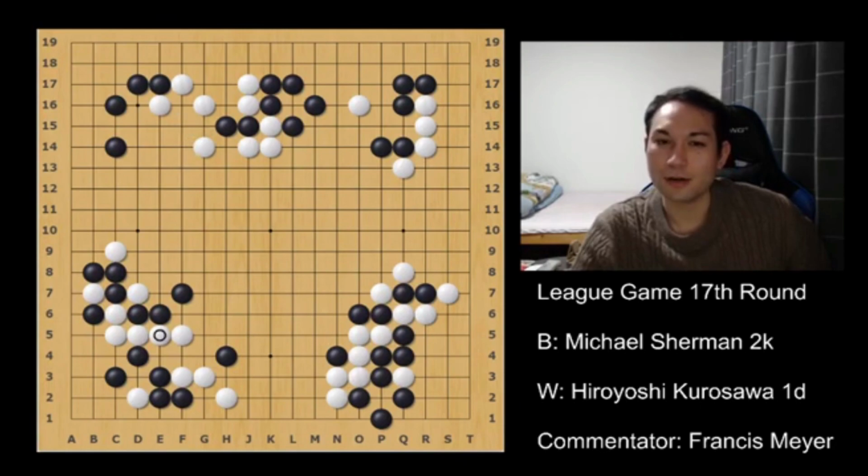Okay. This peep, I think, is slightly a bad exchange, because there are actually many other ways to force white to connect. For example, this move might be sente later. Looking at this push right here, or when later you push, it's probably better not to give a stone right here. So